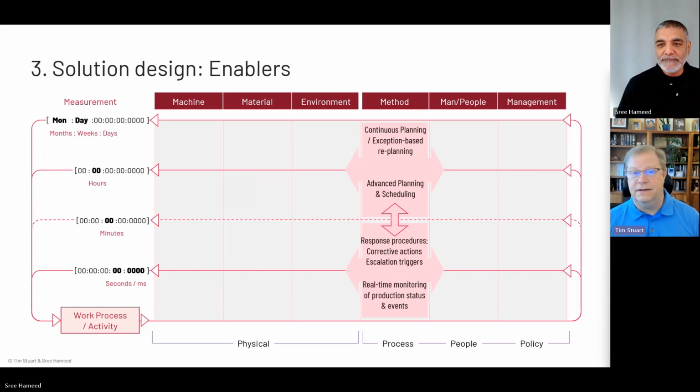All right, as Sree said, there's a couple of different aspects of this. At the supply chain level, we're looking for how do we smooth out the high-level long-term variability within the operation and how do we create better plans in the first place. And then at the plant level, what we're looking for is what's happening in real time and how do we make adjustments to that to either eliminate those sources of variability, control them, mitigate them, or replan based on what's happening and create a new optimal plan for the organization in near real time.